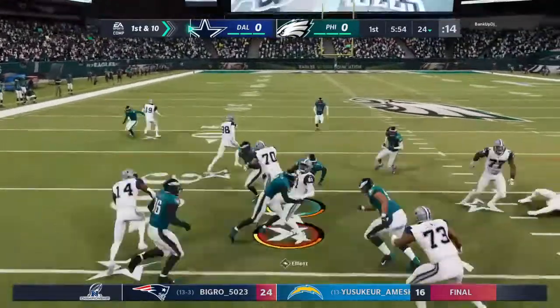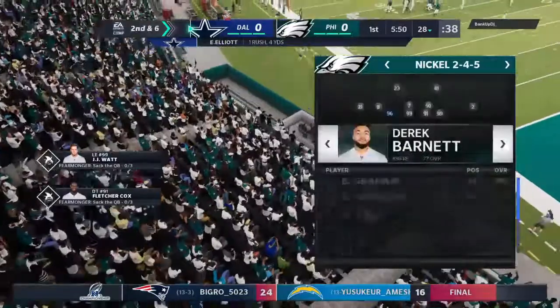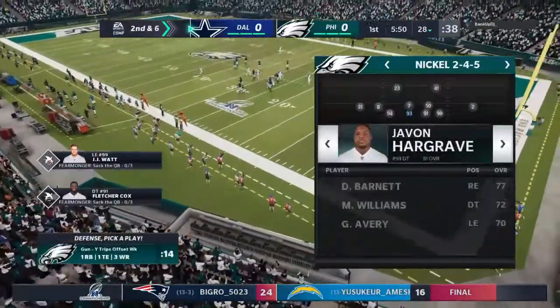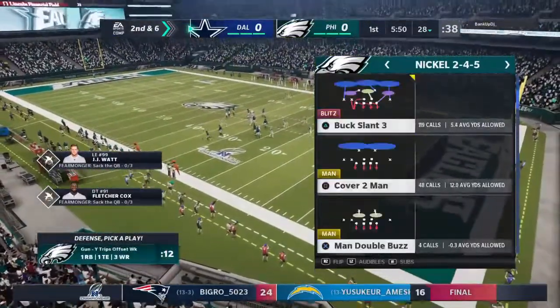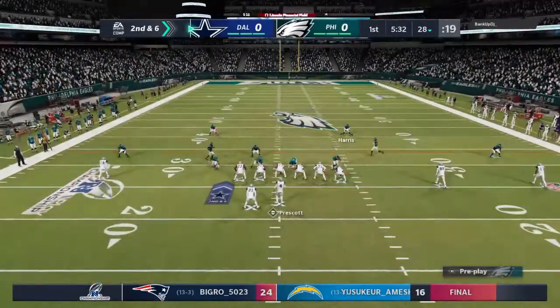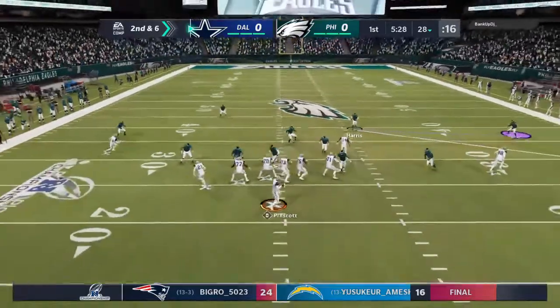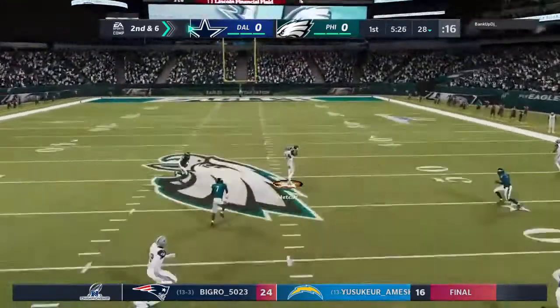Now the first carry for Ezekiel Elliott. And he'll be brought down here at the 28. 4 yards the result on the first play from scrimmage. Second down. Well, at the end of all that hitting and hollering, it was a 4-yard run, so the offense is going to go back to huddle, feel pretty good about themselves. Defensively, you have to feel okay because you didn't let it turn into...